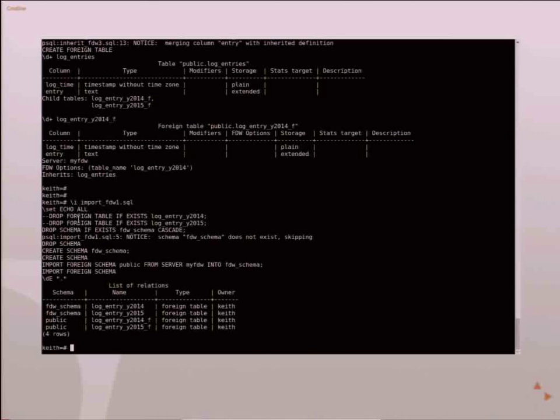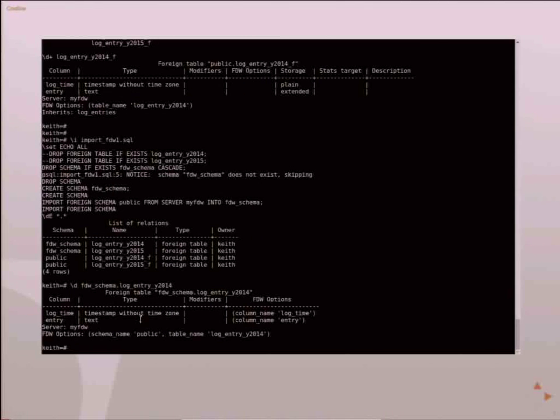So you can see all I did was import foreign schema. I just used that same foreign data wrapper I made before, and it made these two new tables in the FDW schema, and if you actually look at these two here, it made those two tables that I had made on the foreign database before. So if you have hundreds of tables on some remote system, you could easily just import them all with one command now.